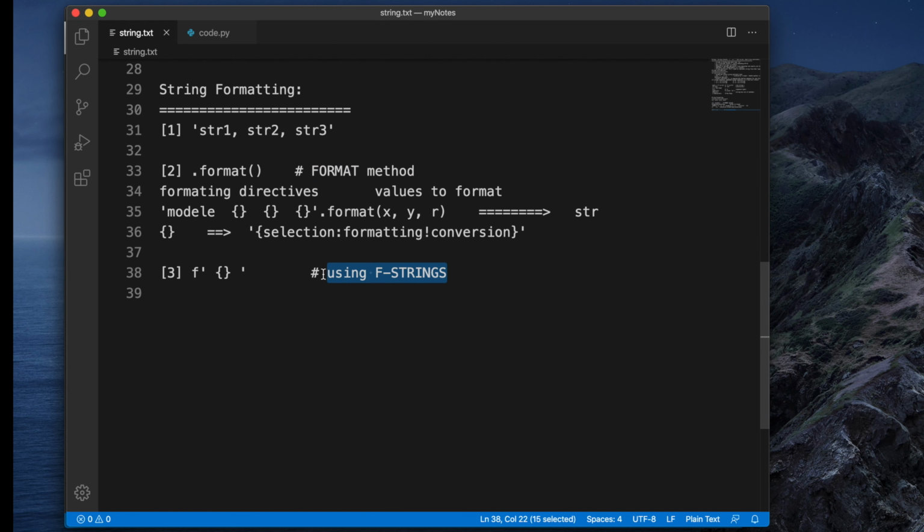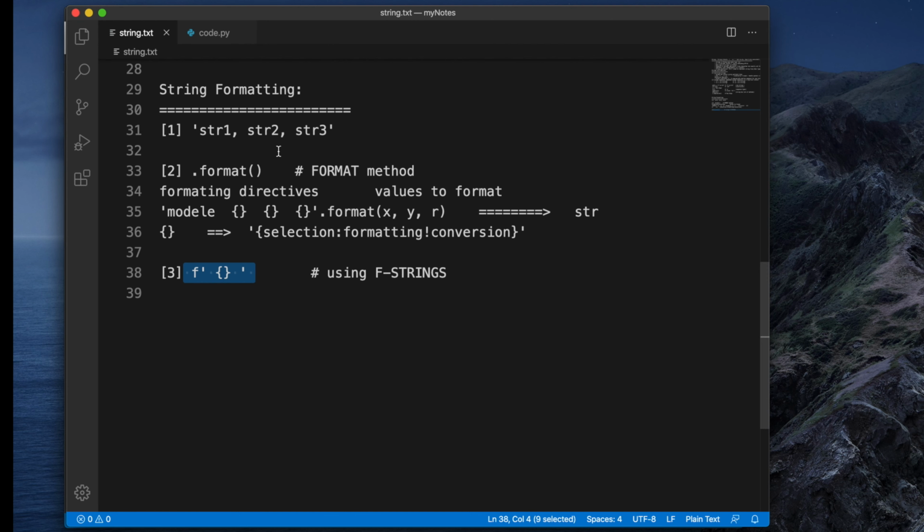By using f-strings we can also format our string. So this is my favorite. Before starting, I'm telling you that most of the time in our daily life we can use this one, this one, and this one. So basically these three are heavily used, I can say, but which one you will use, it's up to you. But I like this one, that's why I told you, but you can use any of the approaches.